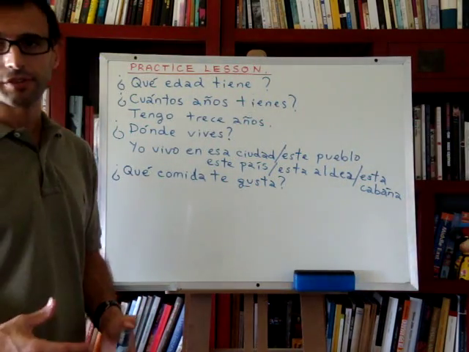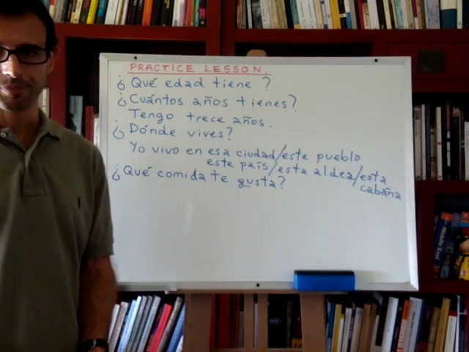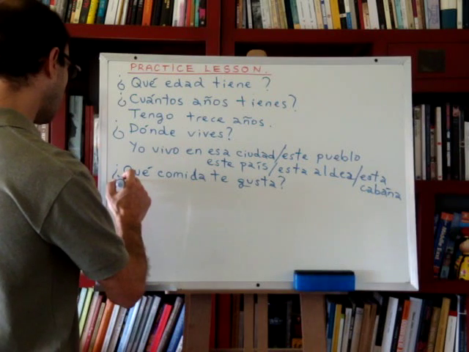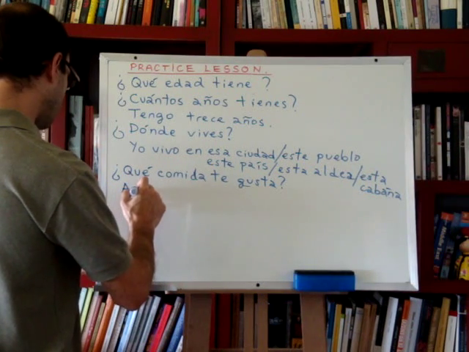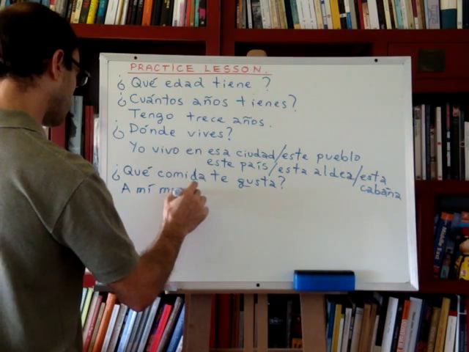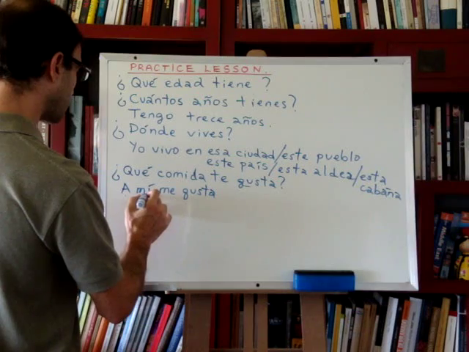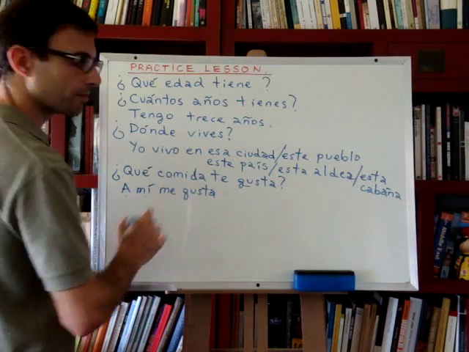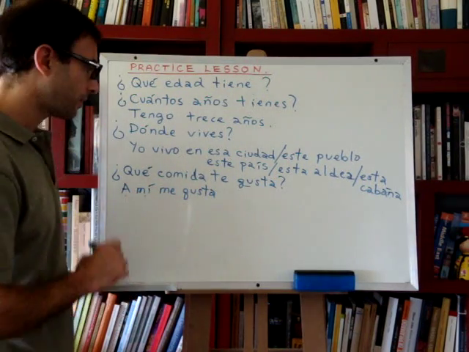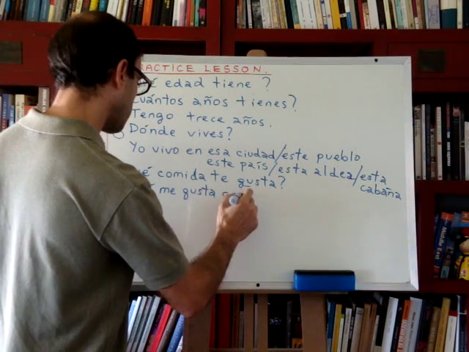Because it's a reflexive verb. And the answer could be, a mí me gusta, okay? To me, myself, like, right? To eat